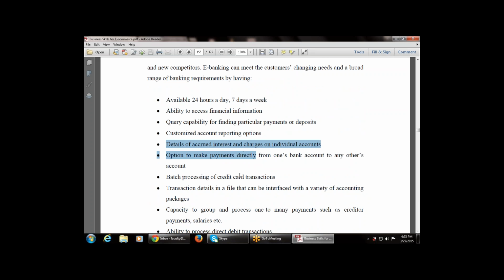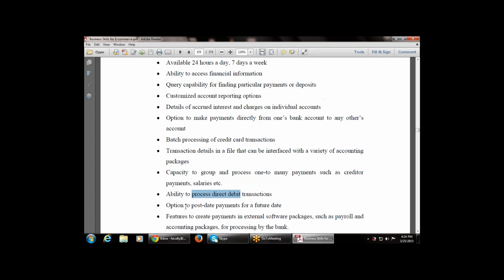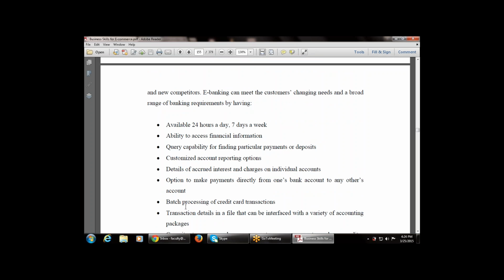Then batch processing of credit card transactions, with the option to make the payment directly from one bank account to any other account. Transaction details in a file that can be interfaced with a variety of accounting packages. Then the ability to process direct debit transactions, with the option to post-date payments for a future date. These are the various requirements of the e-banking procedure